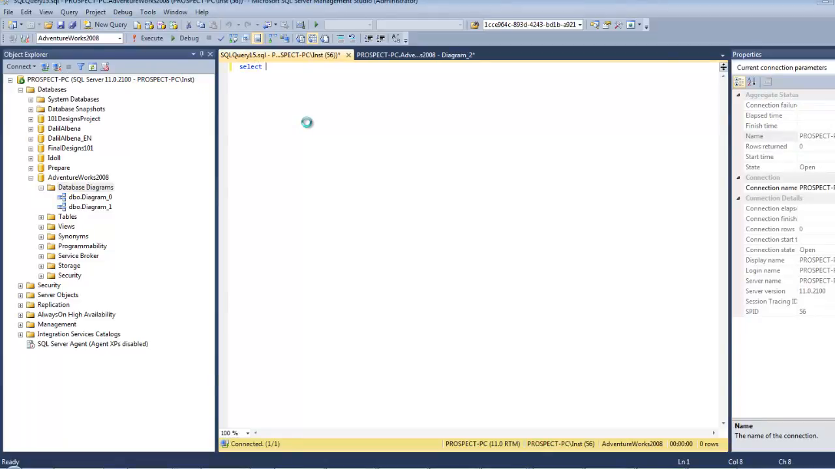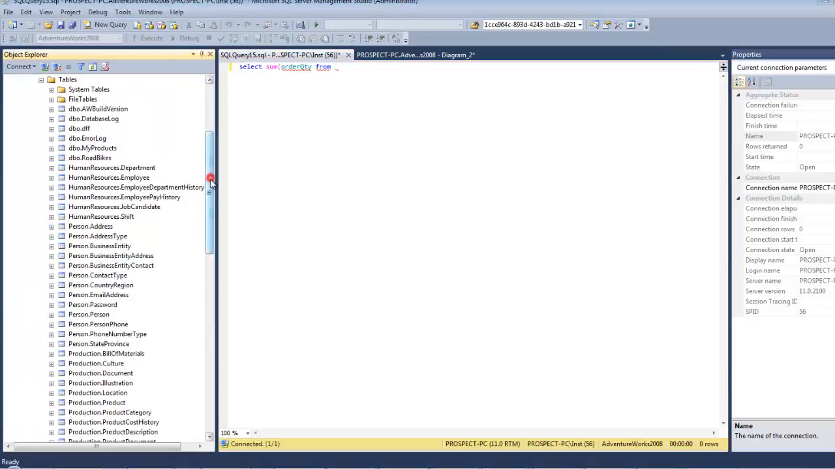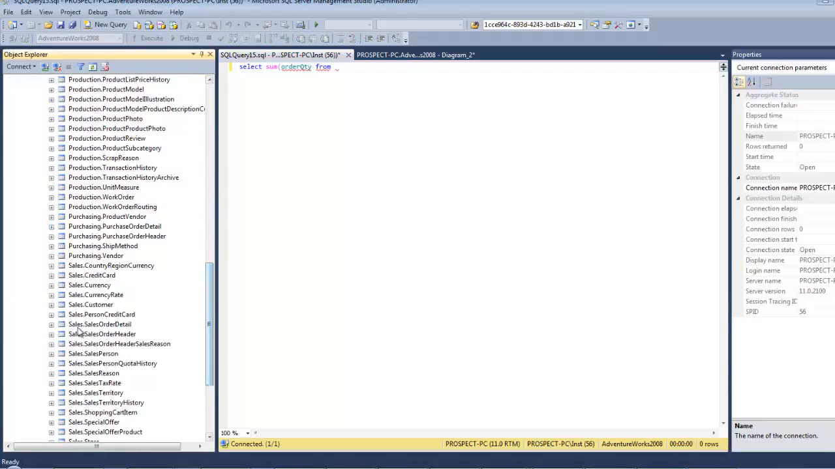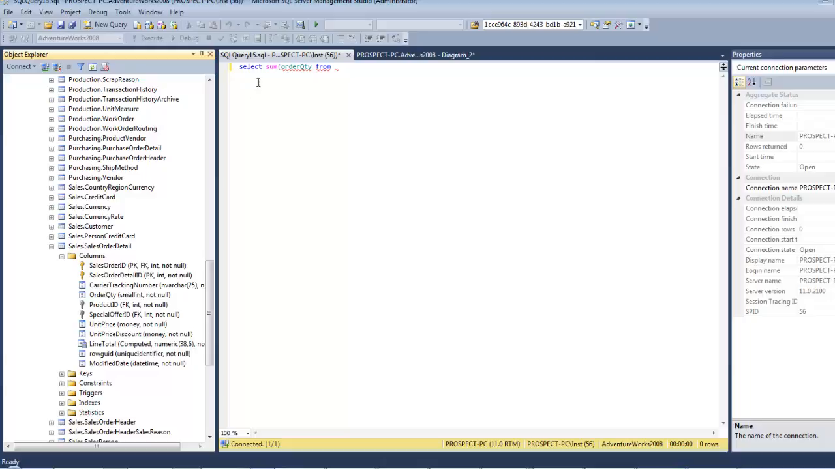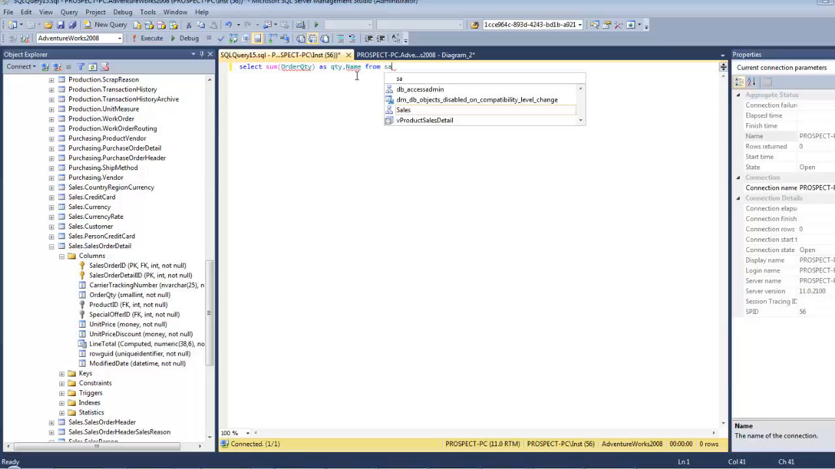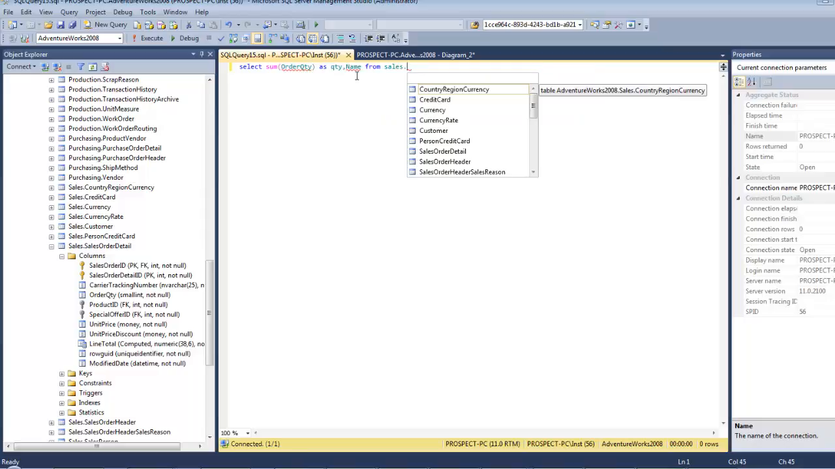So let's see how we are going to write the SQL code for that purpose. Select sum of order QTY from, and in order for this to be clear, let's first open the sales order detail here. So this is the order QTY. Select sum of order QTY as, for example, QTY, and also select the name field from Sales, this is the namespace, dot SalesOrderDetail